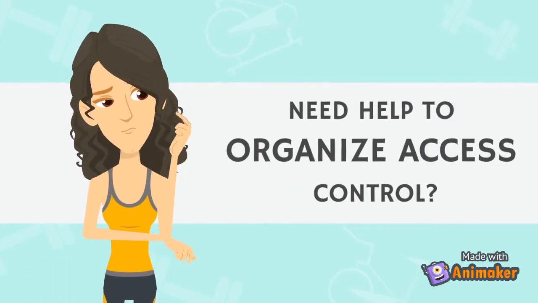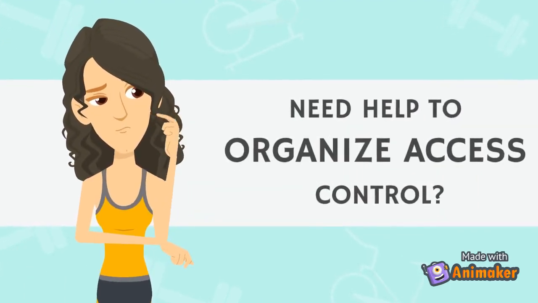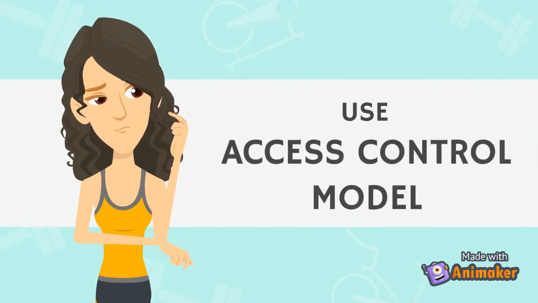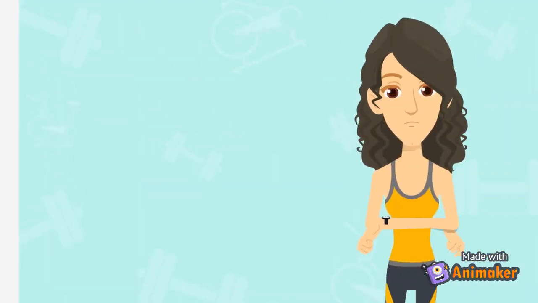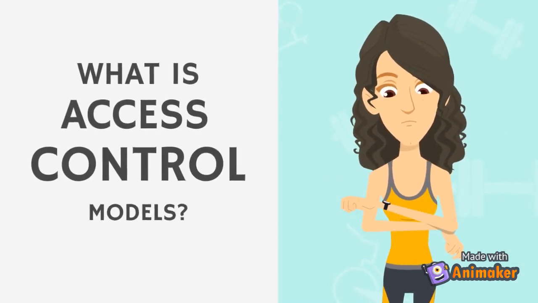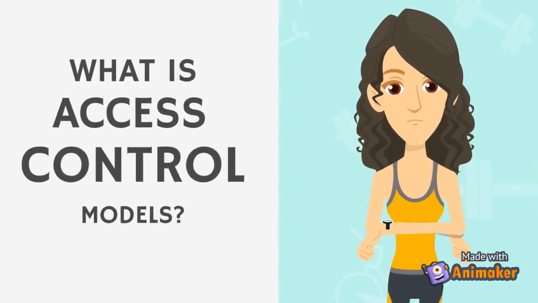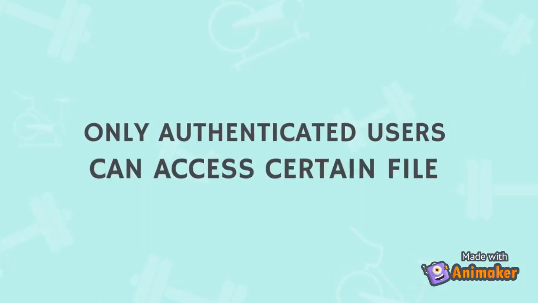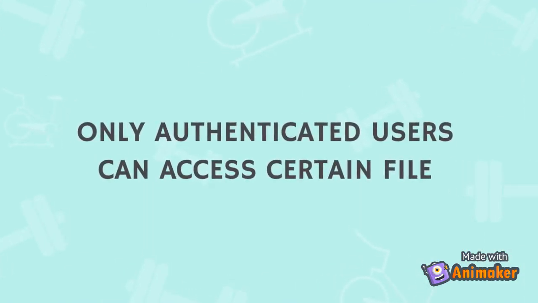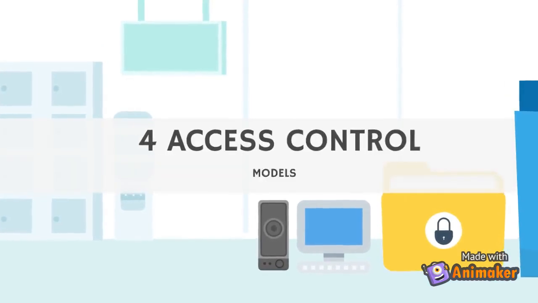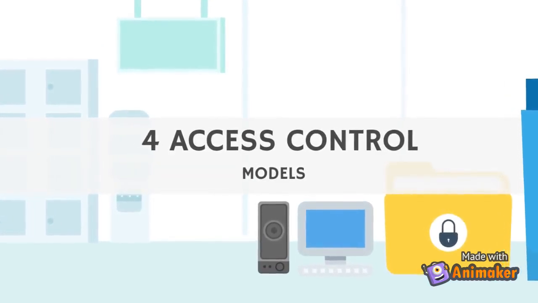Are you wondering how to control the access of a file or information? Access Control Model is the right answer. Access control ensures that only authenticated and authorized entities can access resources. For example, it ensures that only authenticated users who have been granted appropriate permissions can access files on a server. There are 4 types of access control models. They are: